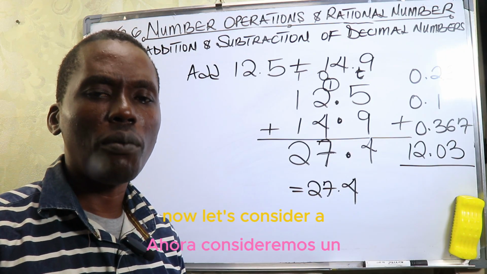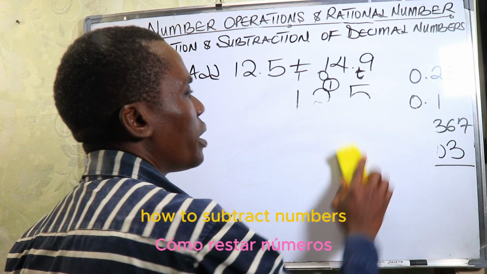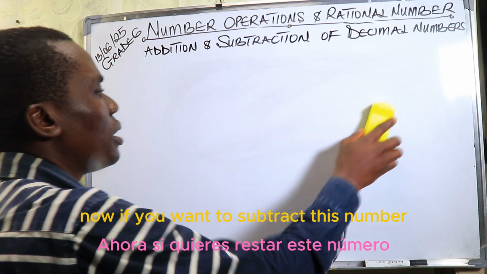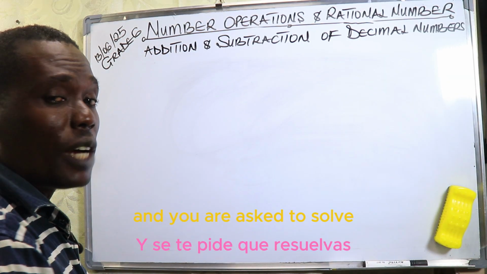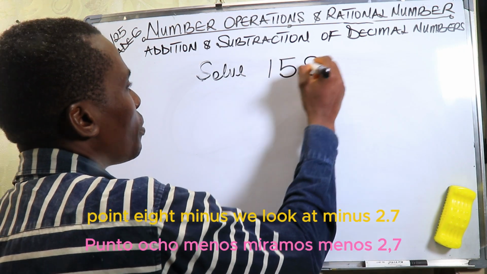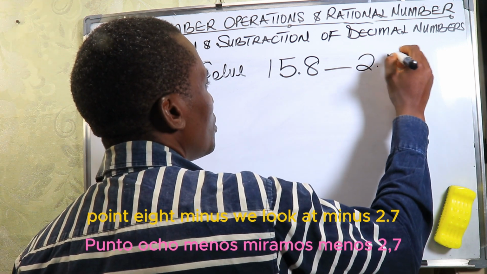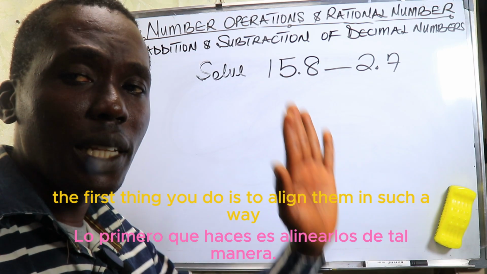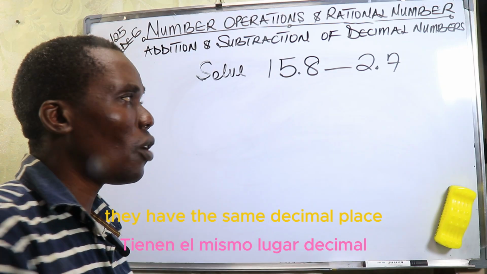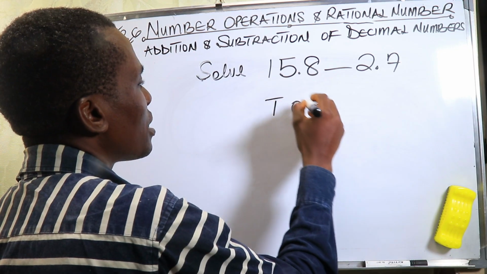Now let's consider one good example on how to subtract numbers using just these few terms I've taught you. Let's say you are given this and you are asked to find the value of 15.8 minus 2.7. So the first thing you do is to align them in such a way that they have the same decimal place. So in this question, once we have the tenths and the